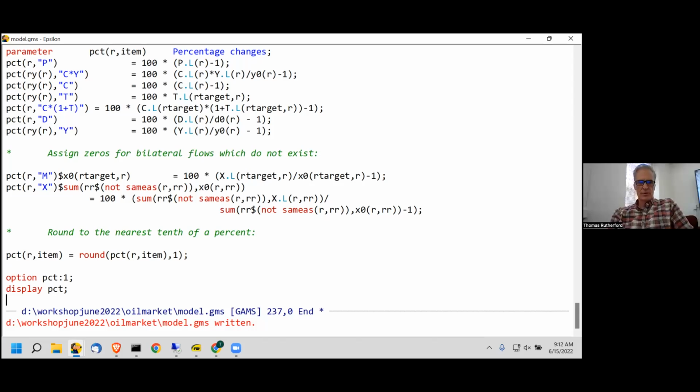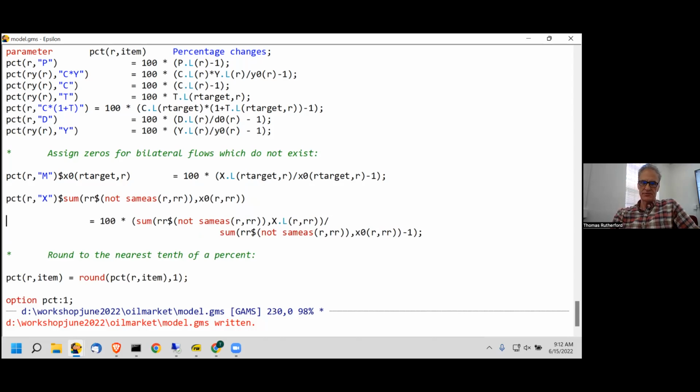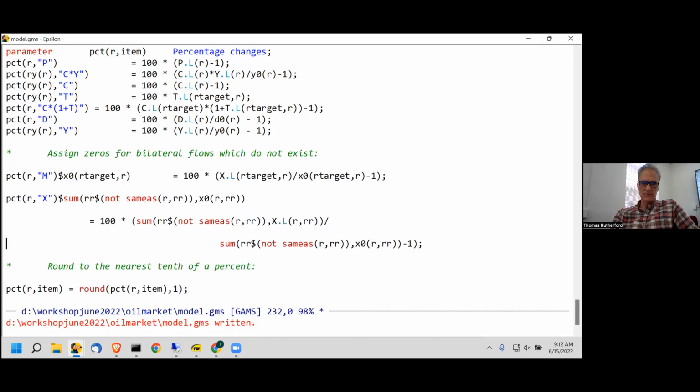Now, what am I doing here? M is going to be imports from the target region to R. So M of R for CT of R is going to be based on the imports, and X is the exports from all regions. And that says those are sales X to regions other than R itself, right? So exports,